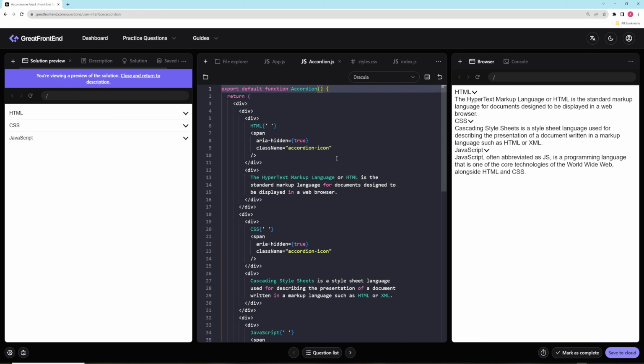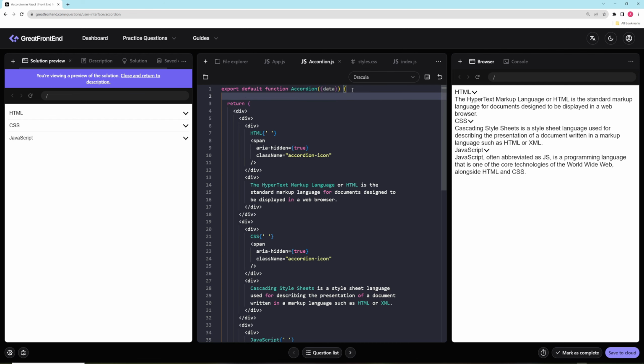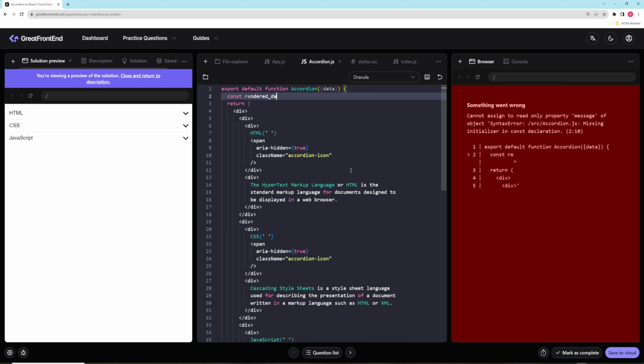First of all, we're going to want to pass in the data as a prop. So we'll just say data in here. And basically what we want to make is we want to turn this data into JSX, and then we can just show the JSX in here. So we'll say const render data or something equals, and then it's going to be a map. You want to take your data array and map through each object and actually create a JSX element. So we'll say